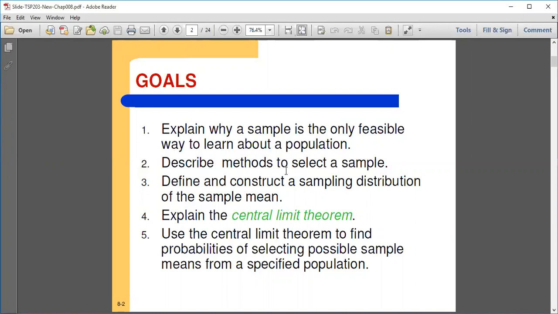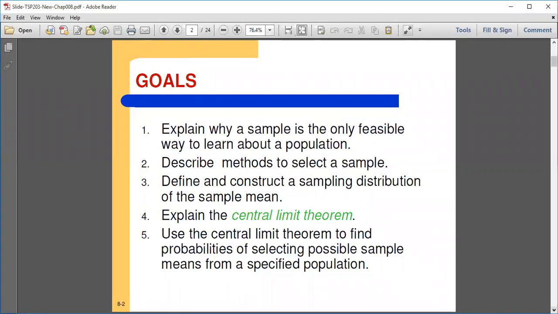Then describing the methods to select a sample from a population, then the construction of the sampling distribution of a sample mean. Then we will see how the central limit theorem works and what the use of the central limit theorem is to find the probability of